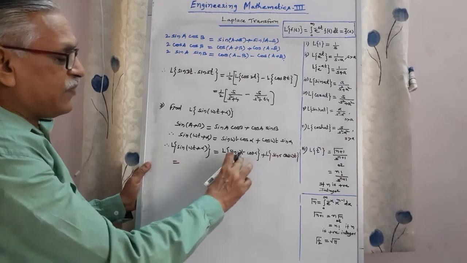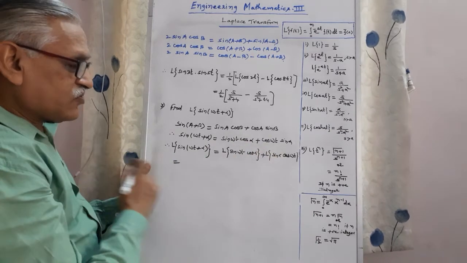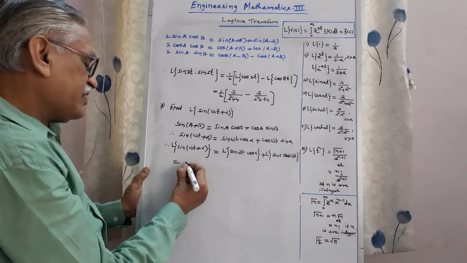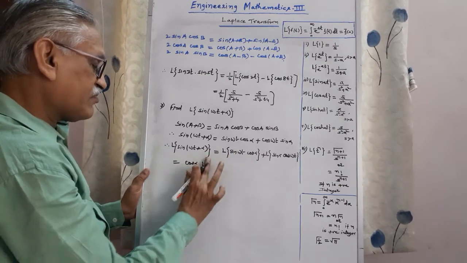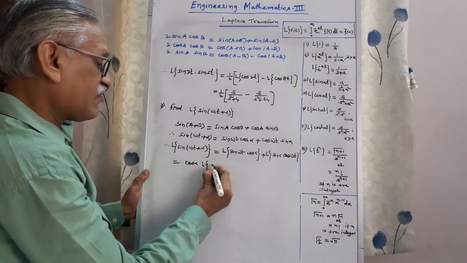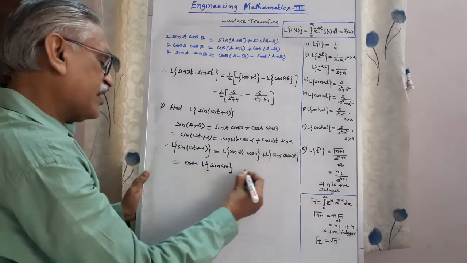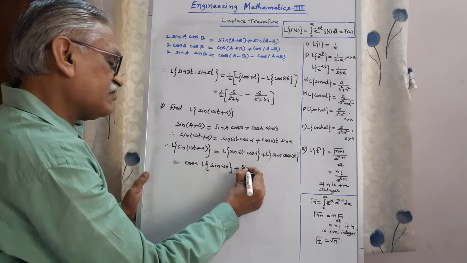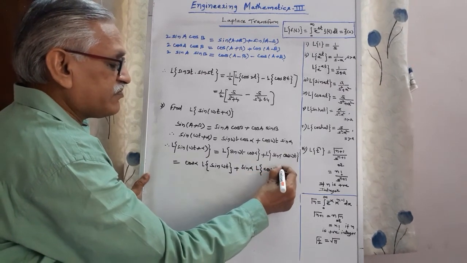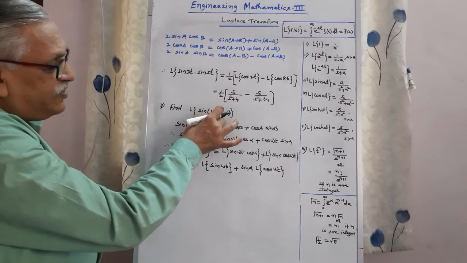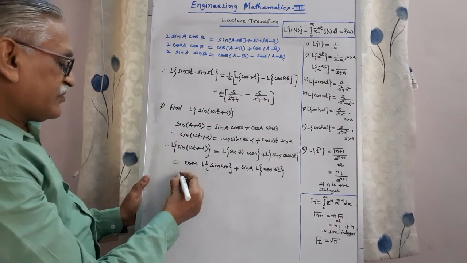Then it is equal to, applying the property of linearity, cos alpha and sin alpha are the constant terms, therefore that constant term I will take outside. We get cos alpha Laplace of sin omega t. Here sin alpha is a constant term, outside Laplace of cos of omega t. Okay, means we have converted to this form so that we can use the standard results, and therefore it is